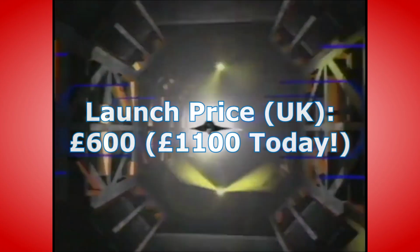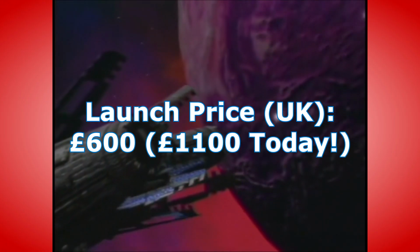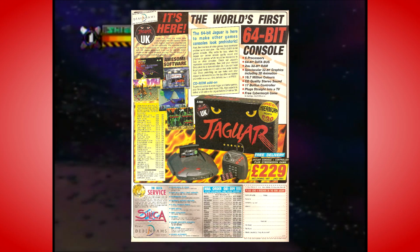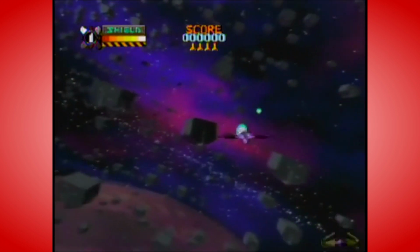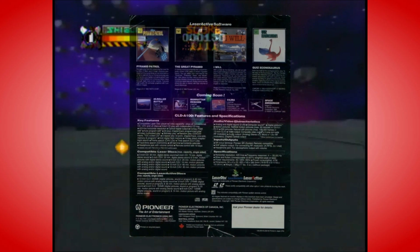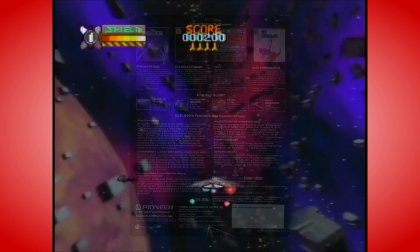The price in the UK was £600, which might not sound like quite as much, but that is close to £1,100 adjusted for inflation. For comparison, that is 3 times the price of the more powerful Atari Jaguar, which launched around the same time. The cost of games was comparable to other consoles of the time at around $50, £40 in the UK, with the packs costing from £250 or $350 upwards, which of course added significantly to the already high cost of the standalone unit,